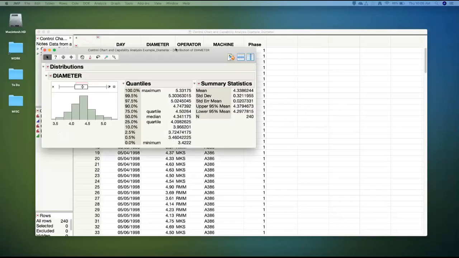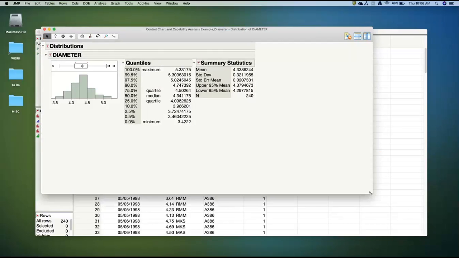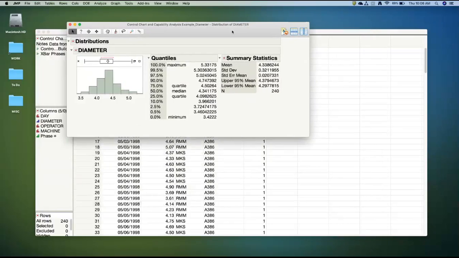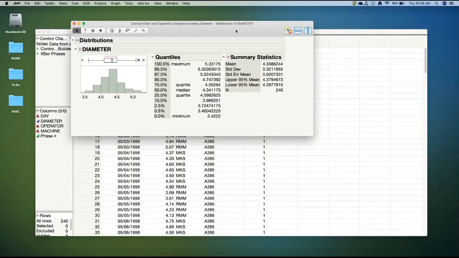Now I've got two screens going, so I have to keep on dragging up the output. So bear with me. That's kind of what I'm doing. As you see me pull things from the bottom of the screen, it's because they're on a different screen. Okay, so this analysis that gets done, this distribution analysis, JMP recognizes, hey, that's a continuous variable, so you must want a histogram,